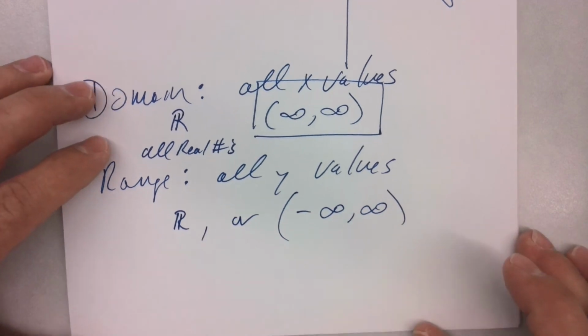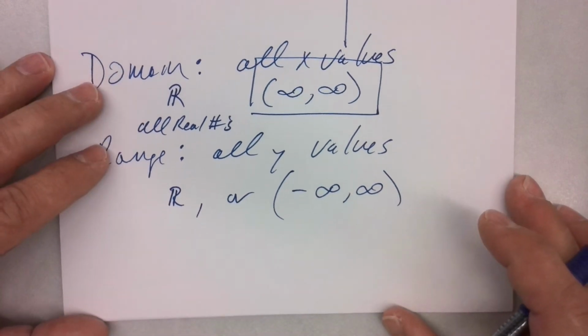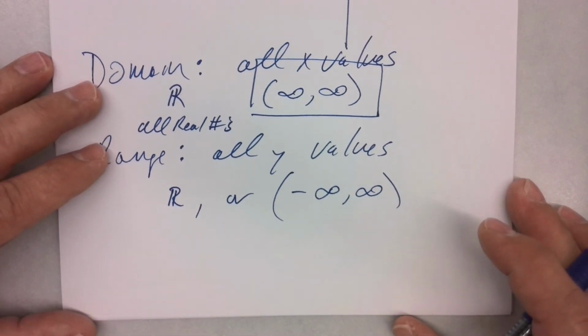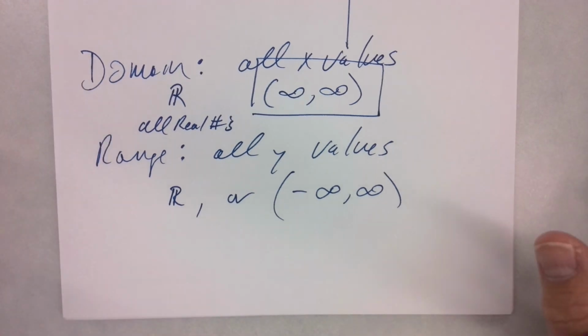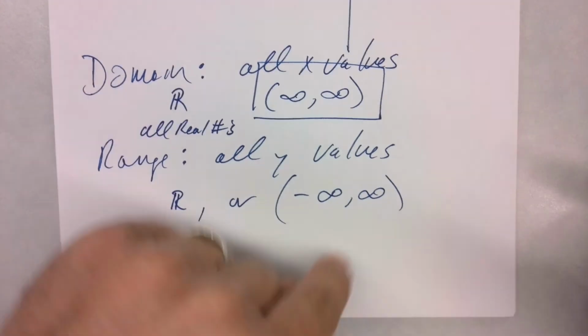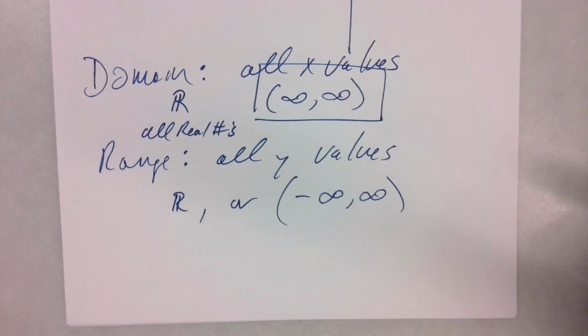Now, what's the only 2 kinds of lines you did that changed that? Anybody remember? Yeah. Vertical and horizontal, then that changes that domain and range. Okay, but other than that, anything else that's diagonal basically is going to be just like that. Does that make sense? Okay? Anybody else? Alrighty, now,